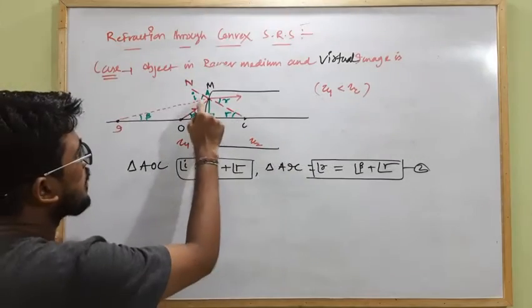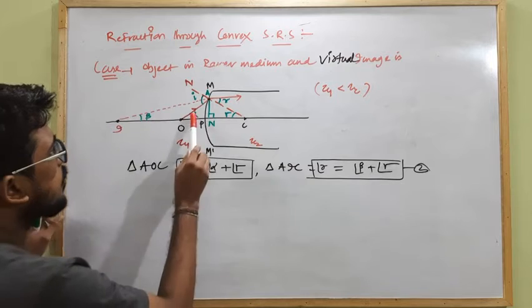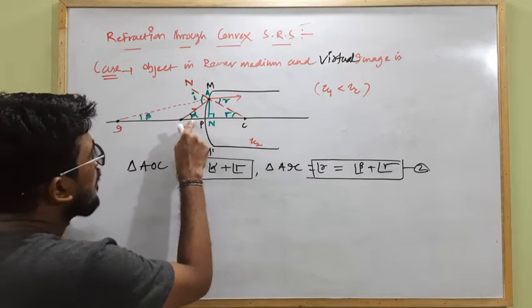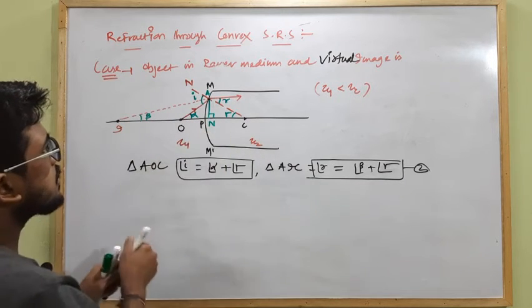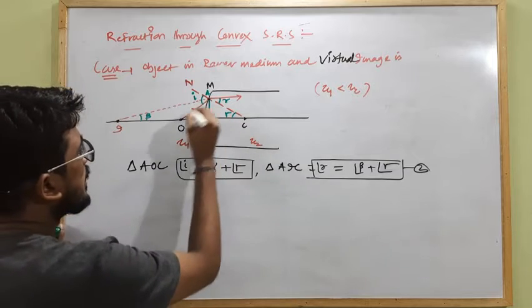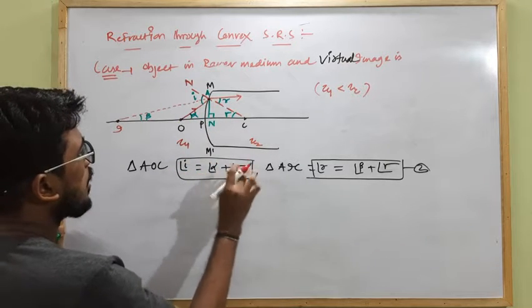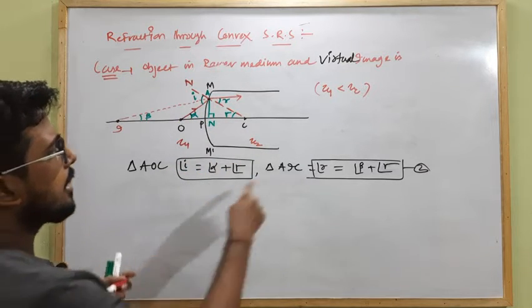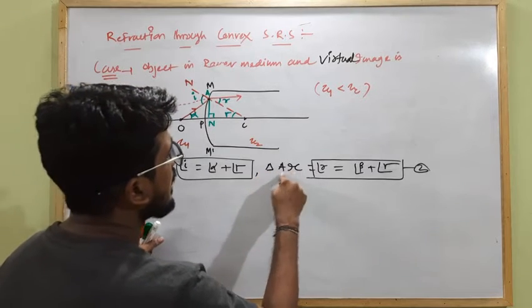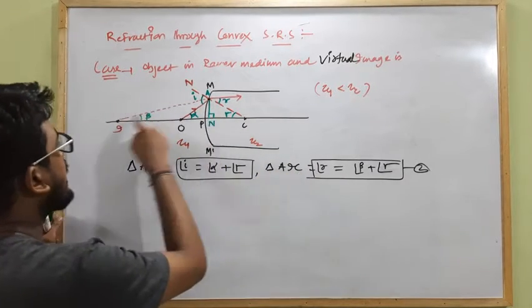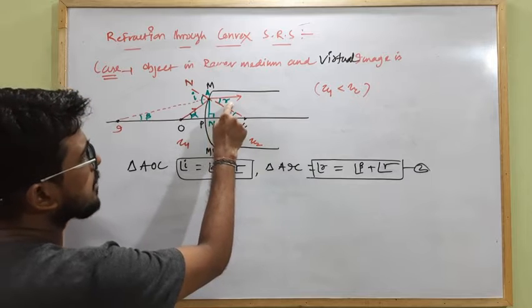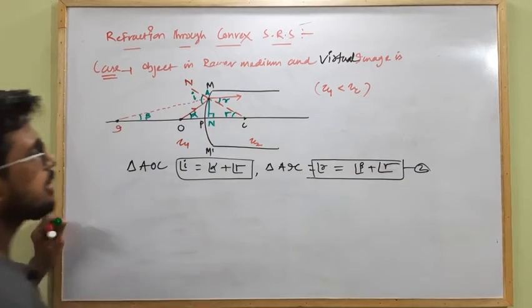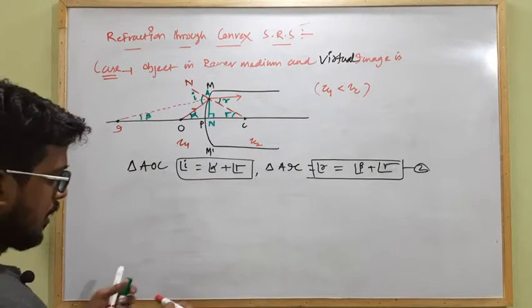In triangle AON, I is equal to the exterior angle, which is equal to alpha plus gamma. In the triangle AOC, I equals alpha plus gamma. Clear? And in triangle AIC, R is the exterior angle, which is equal to beta plus gamma. Clear? So now